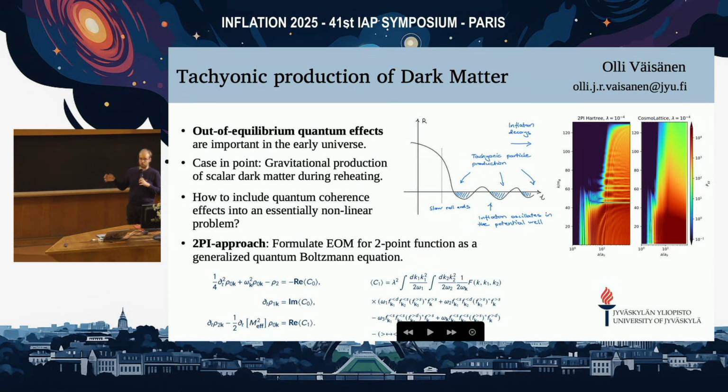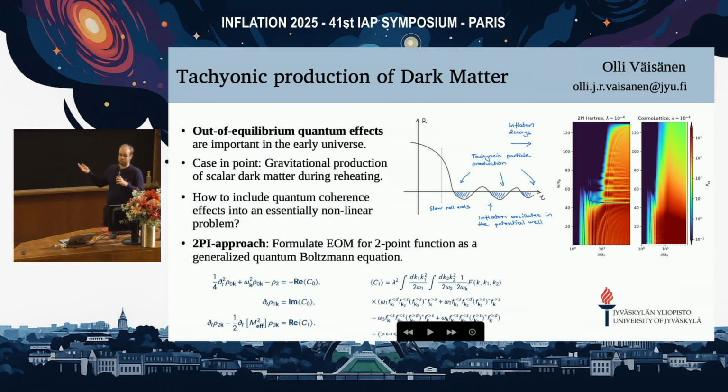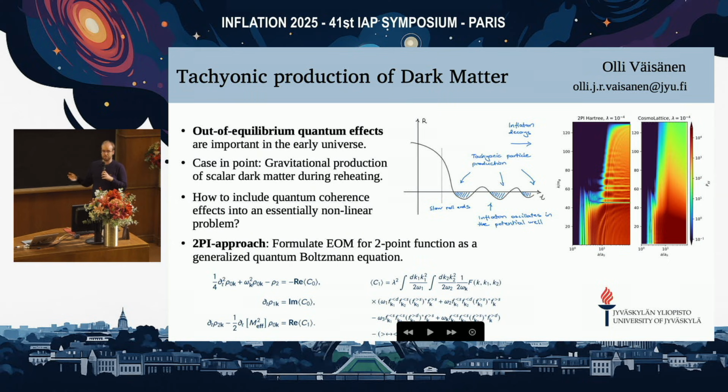As slow roll ends, the inflaton begins to roll at the bottom of its potential, and each time the curvature rolls into negative, we get a burst of so-called tachyonic particle production. And on the right, you can see here the resulting power spectrum, its time evolution. But it turns out that in this application, the production is actually dominated by nonlinear effects like nonlinear parametric resonance at the end. So the question here is, how do you simulate a quantum field that is fundamentally nonlinear?